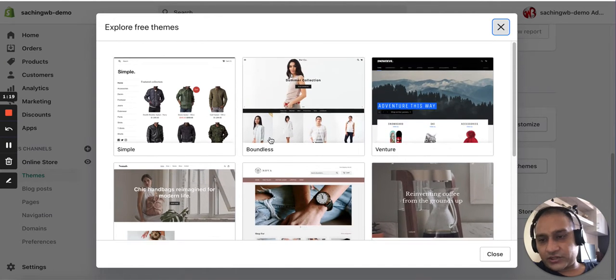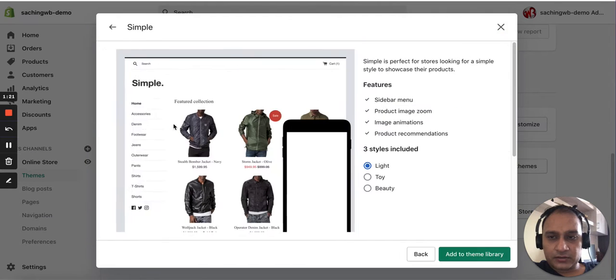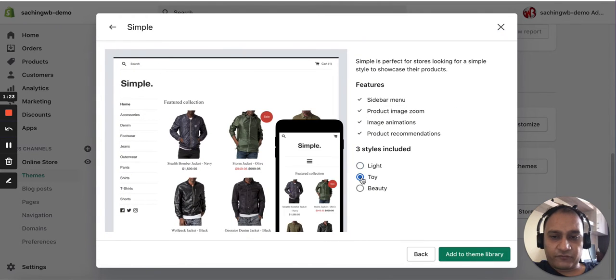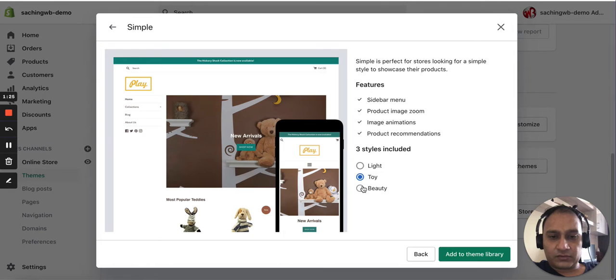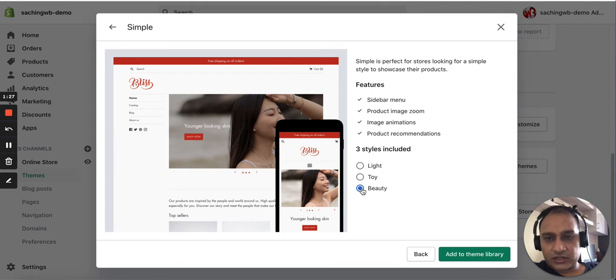For example, I will use this simple theme. Here you have multiple options for which theme you would like to use. I'll click on Beauty and add it to the theme library.